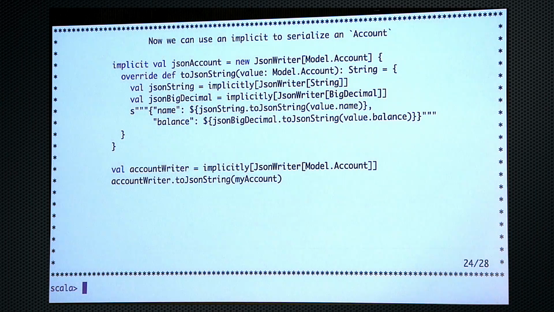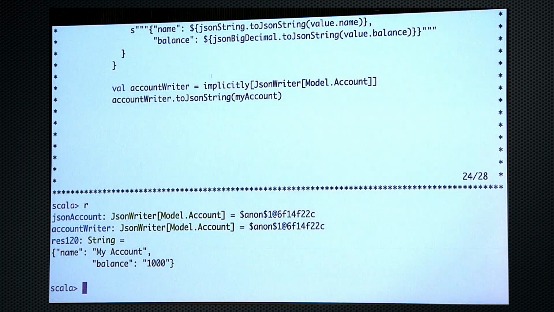So now what we can do is we can also define a JSON writer for our account. I reuse the string and big decimal JSON writers, which are defined on the implicit scope, and therefore I can call them up like this. And I write some value here to JSON. Yeah. So if I run this, we'll see if I grab the JSON writer from the implicit scope for the account, I can actually use it to serialize my account here. Of course,